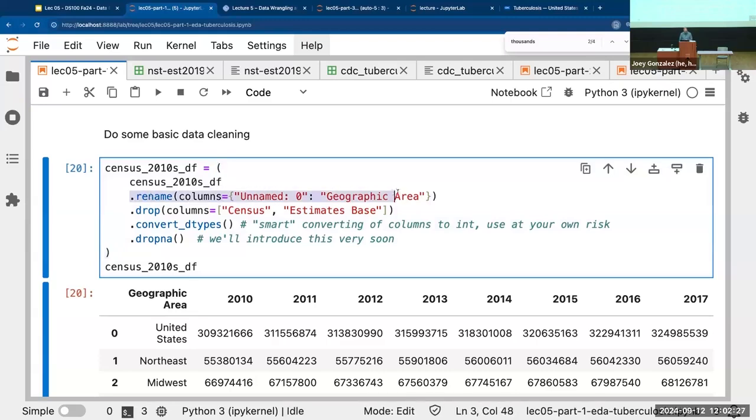Each of these is an object, a function call on this object. This whole thing produces a new data frame that I then apply the drop operation to. And this whole thing produces a new data frame that I apply the convert_dtypes operation to, and so on. Much easier to read this way. Break your steps down, document them. You're like, okay, I know what's going on here, mostly.